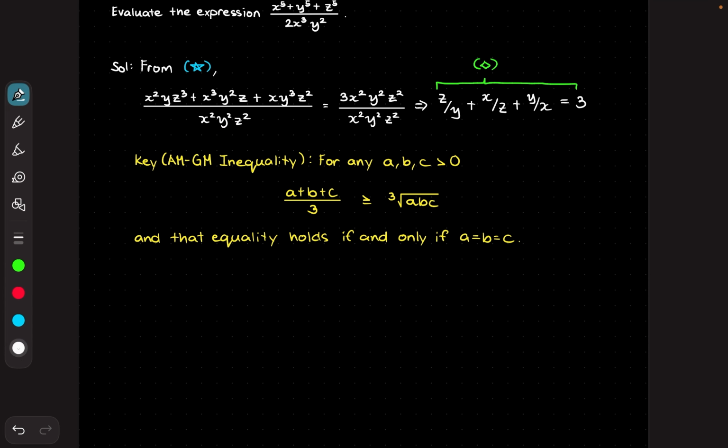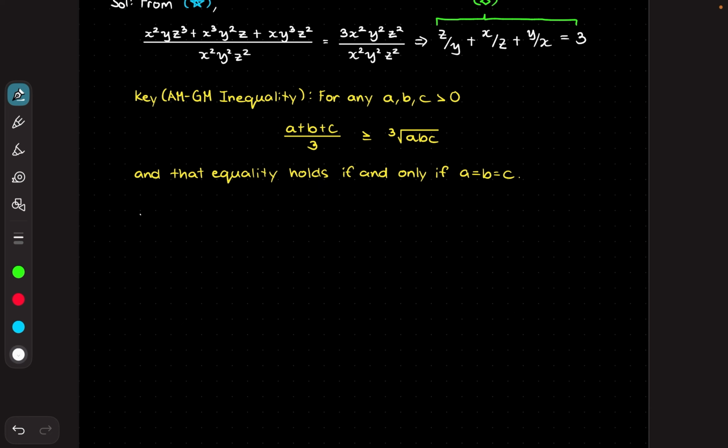Good, so let's do that one. We set a to be equal to z over y, b to be equal to x over z, and c to be equal to y over x. So doing that, we can obtain, by the AM-GM inequality,